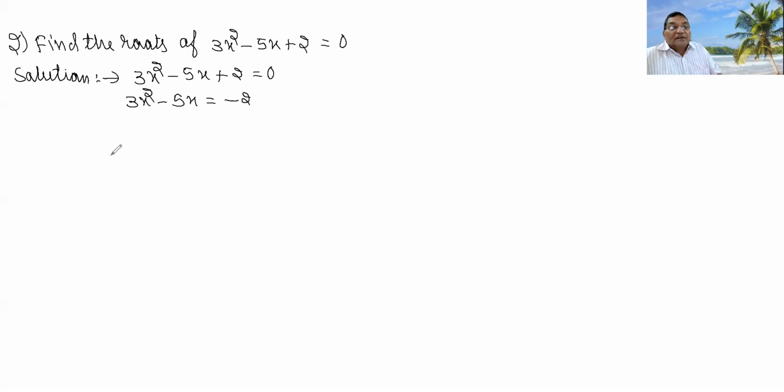Now, next, shift the constant term to the RHS and divide the whole equation by a. Means, here only you don't do one more step. Divided by 3. Look here, 3 getting cancelled. And add to both sides.